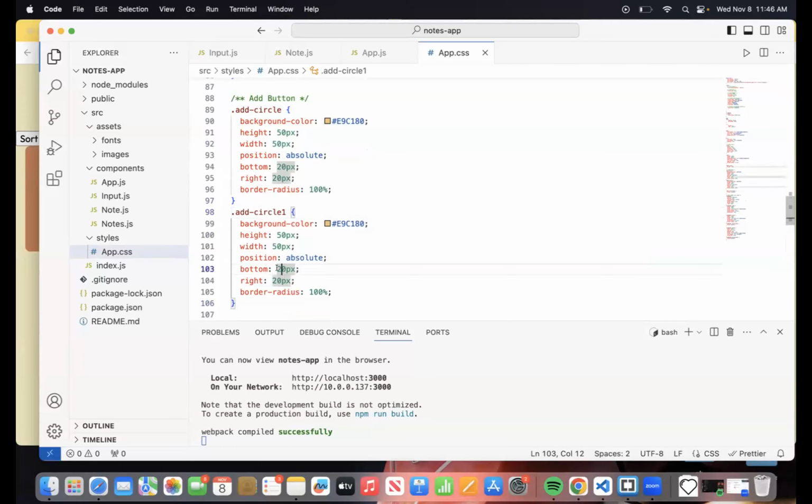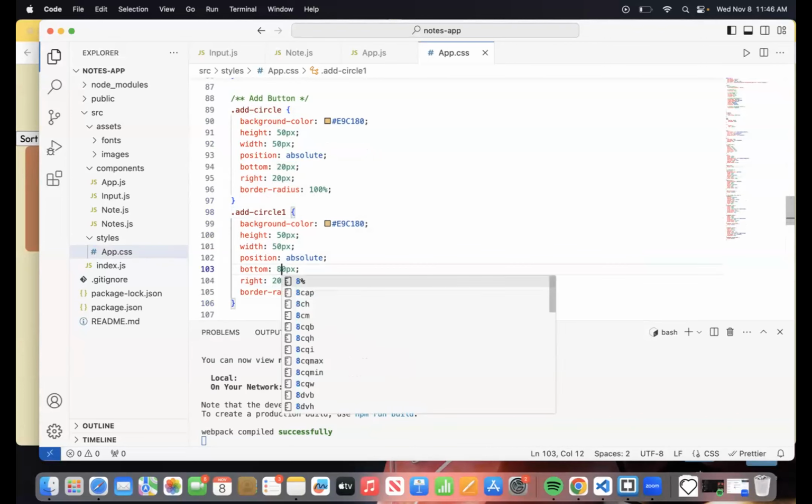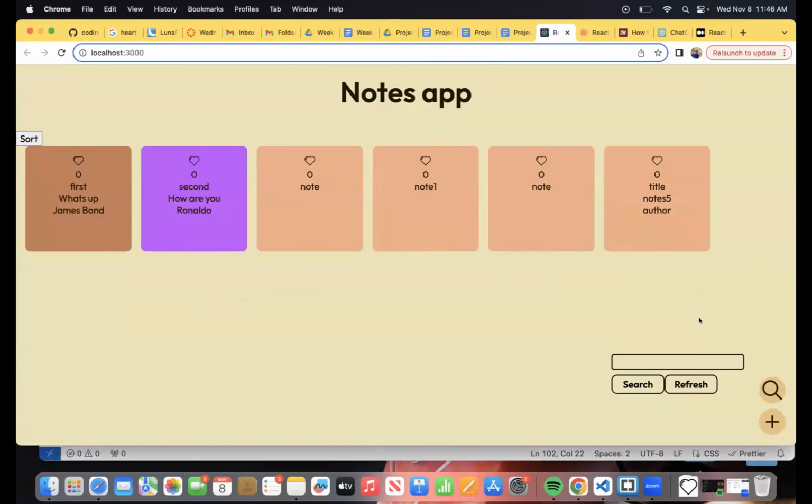So it's 50 pixels for the height of the button itself and 20 as a bottom. So I need to add 50 to this and maybe 10 for extra measure. So let's do 80. There you go. It came up. So before it was underneath this, but now it came outside. So that's good.